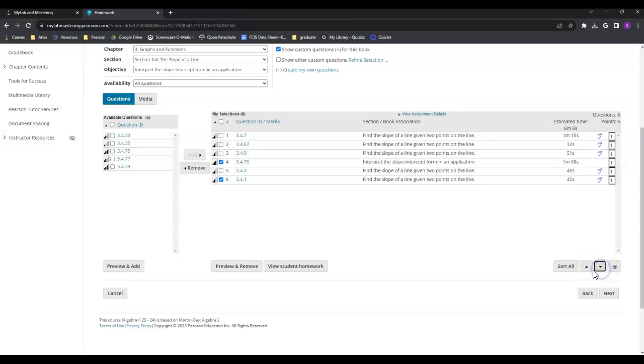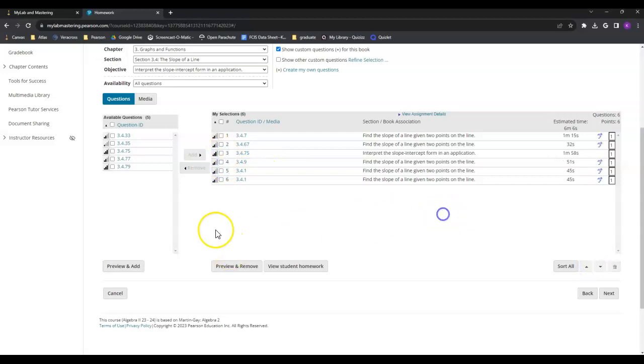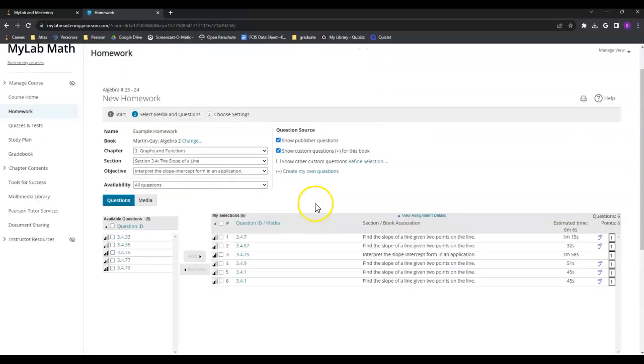So notice how there is a gap in between. So it's going to keep that gap. So be aware of that. And then there's our questions. If I just